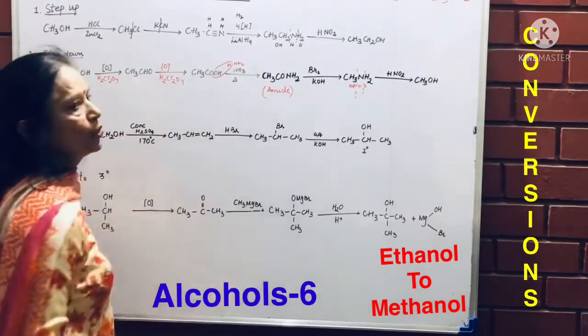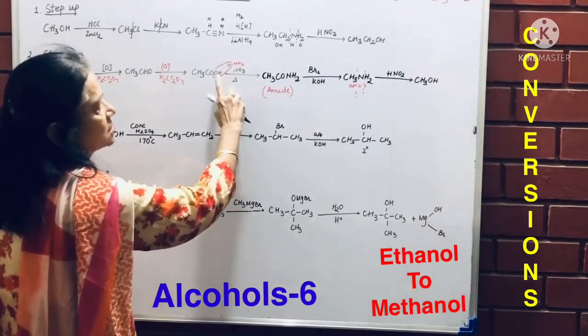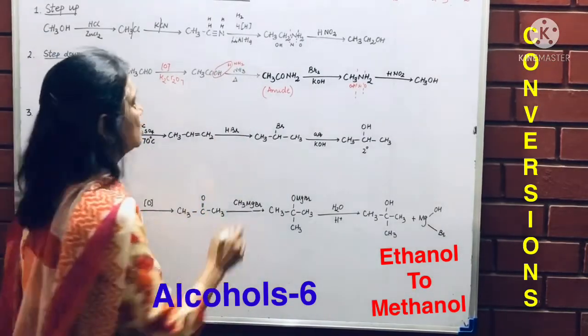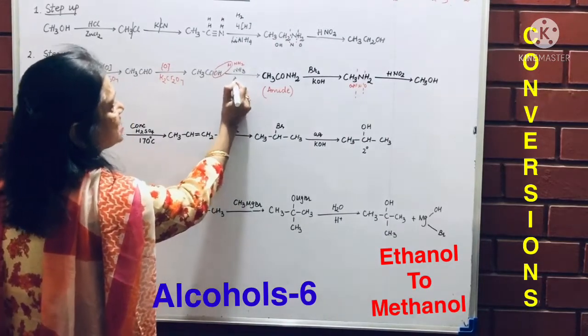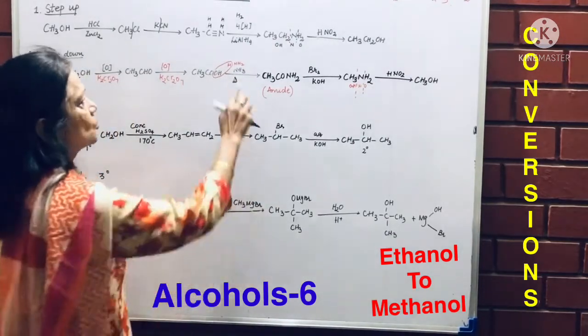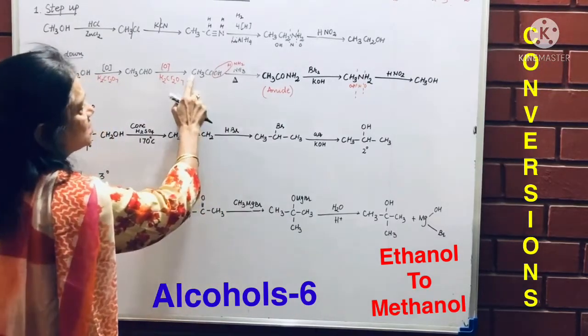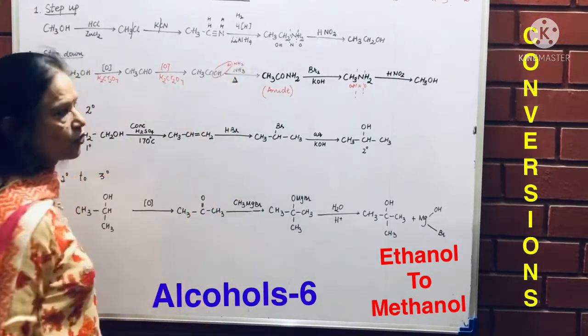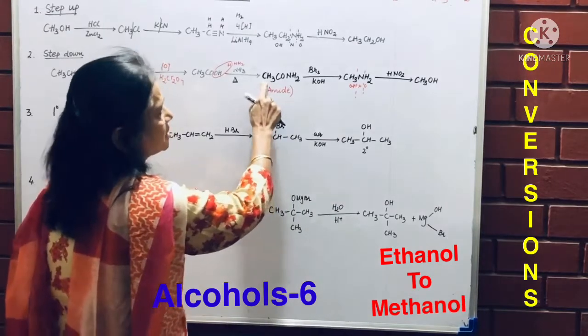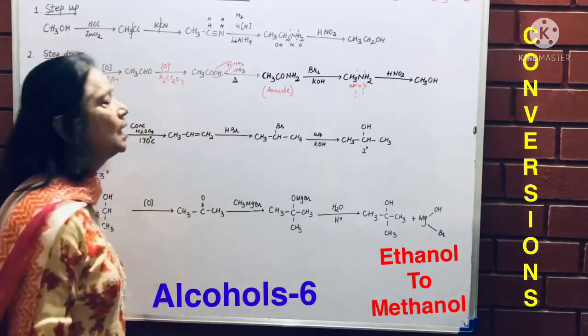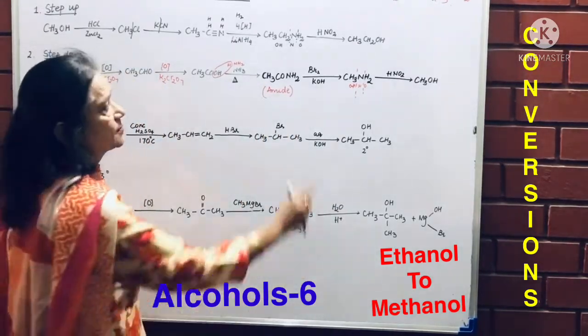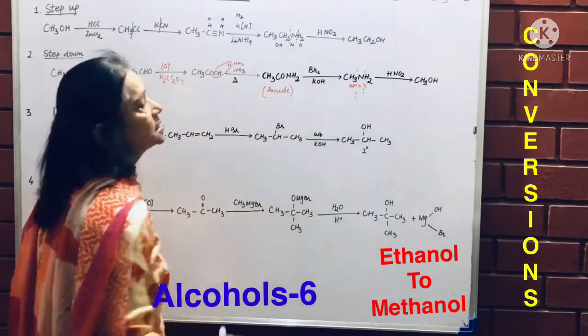Now react with ammonia, you already know H and NH2 we write for ammonia. So this heat is very, very important here. So ammonia takes away this water molecule from here. CH3CONH2 is formed, which is an amide. CH3CONH2. Now, a very special reaction takes place here, bromine and KOH, which is called